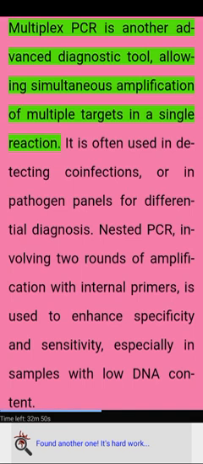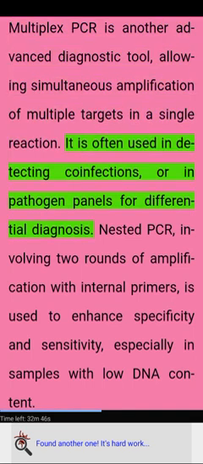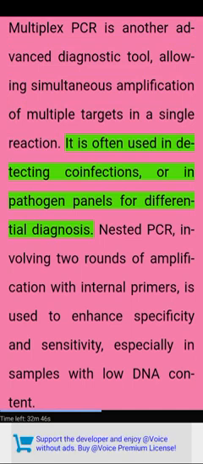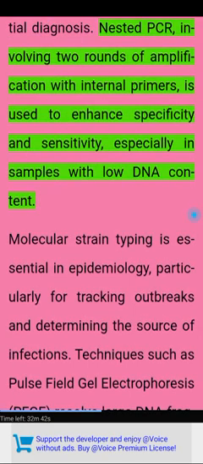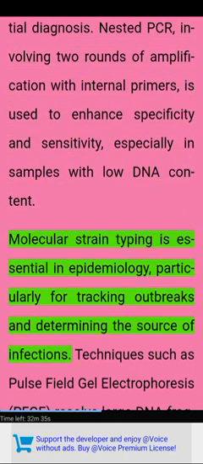Multiplex PCR is another advanced diagnostic tool, allowing simultaneous amplification of multiple targets in a single reaction. It is often used in detecting co-infections, or in pathogen panels for differential diagnosis. Nested PCR, involving two rounds of amplification with internal primers, is used to enhance specificity and sensitivity, especially in samples with low DNA content. Molecular strain typing is essential in epidemiology, particularly for tracking outbreaks and determining the source of